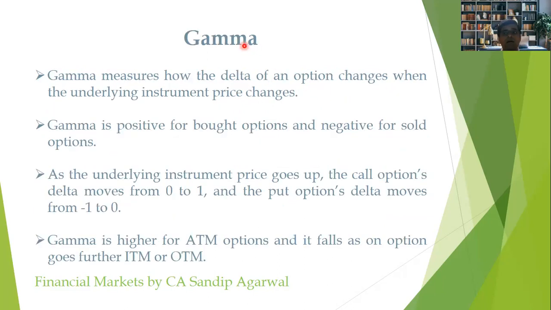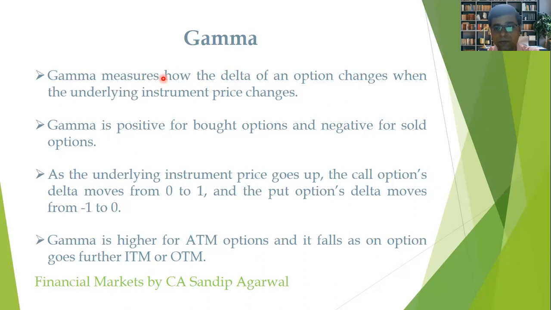Now, what is gamma? So gamma is the second Greek after the delta. The delta measures how the price of an option will move according to the change in the underlying instrument, whereas the gamma measures how the delta changes. So delta is the first Greek. So how the delta of an option changes when the underlying